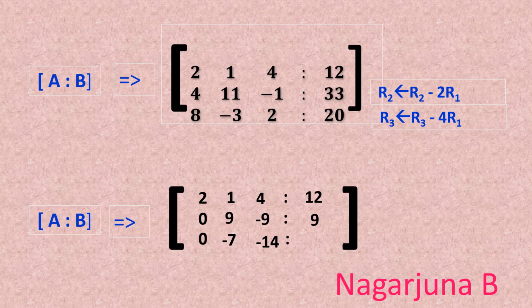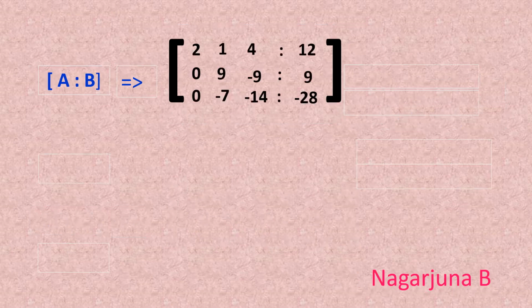Minus 4 into 12 will be equal to minus 48. 20 minus 48 will be equal to minus 28. So this is the augmented matrix form which we get after applying the first step of Gauss-Jordan elimination method, and here